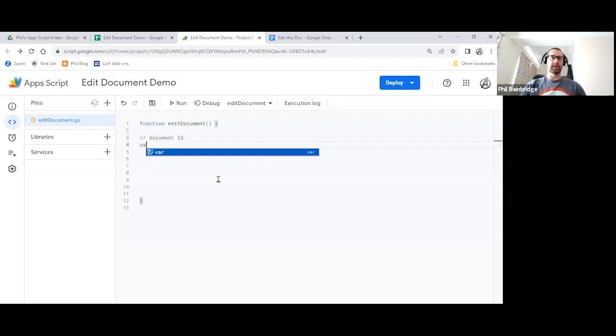I'm getting something, so I know I'm going to store it as a variable using var. And I'm going to call my variable docID. Notice I've got a capital I and a lowercase d. You may want both letters in capitals. That's absolutely fine, as long as you remain consistent throughout your code.